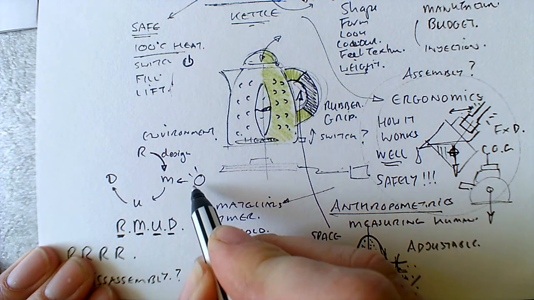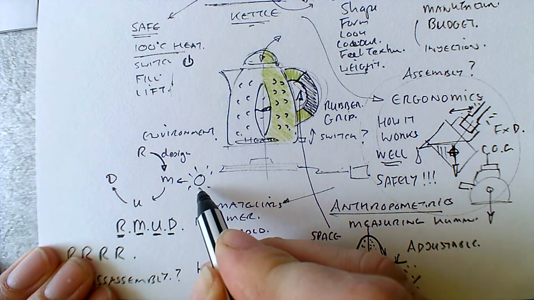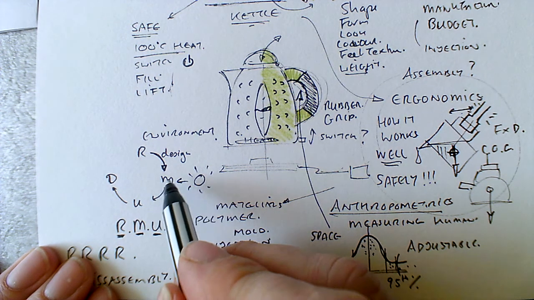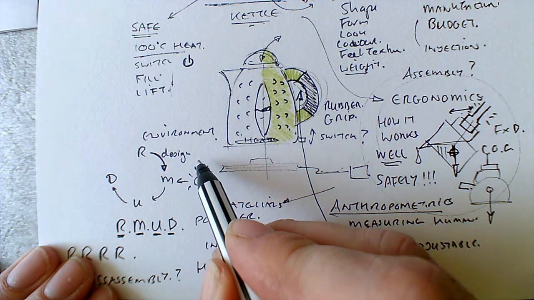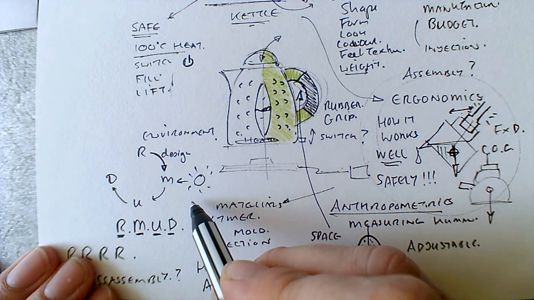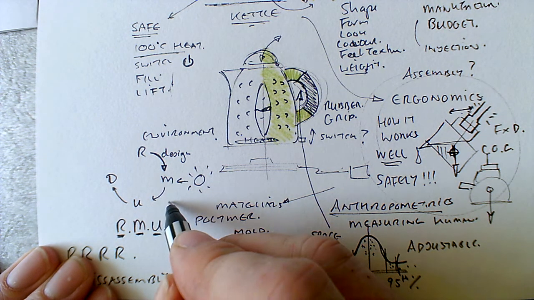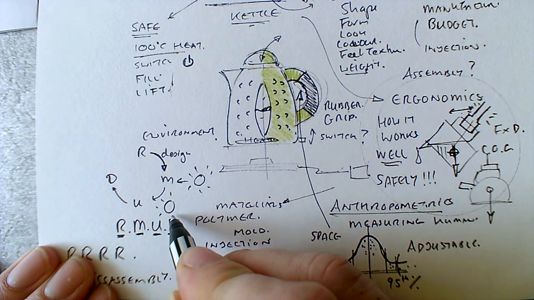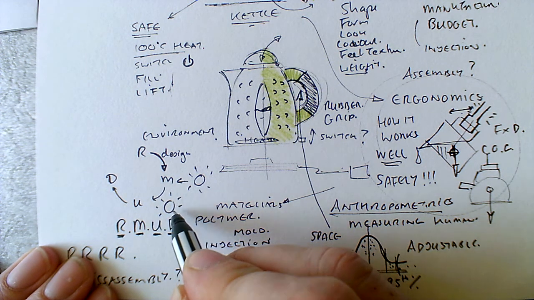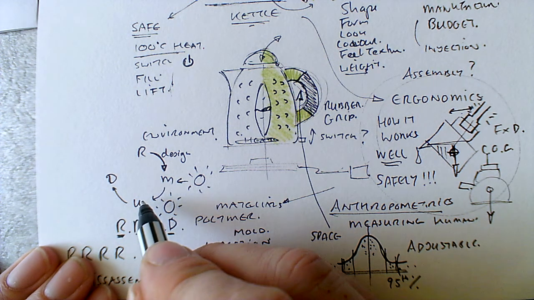The manufacturing process, that requires energy. I've done a little sum because what I'm trying to encourage people to do is think about using renewable energies for manufacturing. And again, the kettle uses electricity. Is there any way, maybe it could be solar powered, you know, is there any way that you can reduce